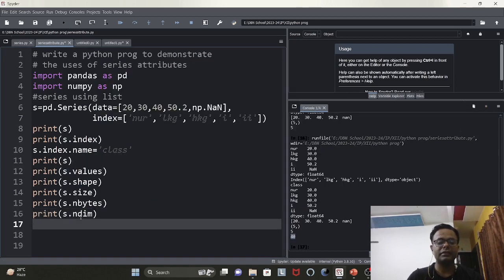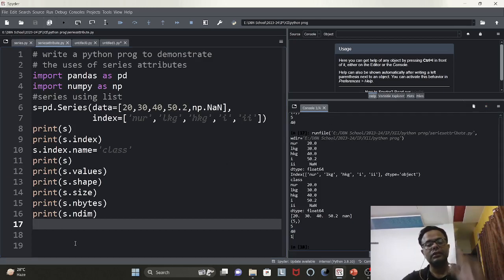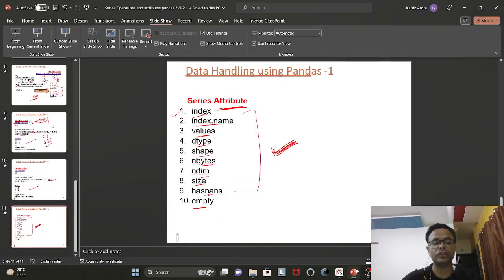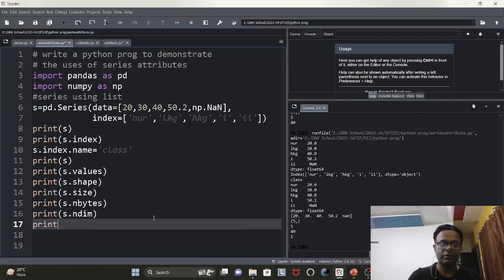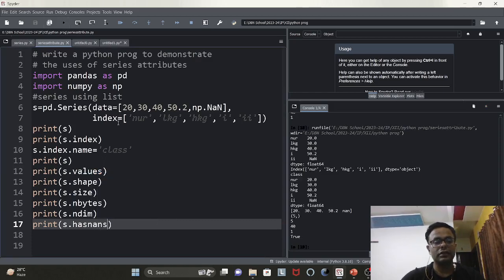इसके बाद एक होता है s डॉट एंडिम. एंडिम इज नंबर ऑफ डायमेंशन. हमें पता है सीरीज 1 डायमेंशन है तो हमेशा आंसर कितना आना है? 1 ही आना है, बिकॉज सीरीज इज वन डायमेंशनल ओनली। तो दीज ऑल आर कॉल्ड सीरीज एट्रीब्यूट्स, सीरीज के एट्रीब्यूट्स हैं जो आप यूज करने वाले हैं, राइट। एक और इंपॉर्टेंट बात, प्रिंट एस डॉट हैज नन्स, ये चेक करेगा कि आपका जो ये है सीरीज, इसमें कोई नन वैल्यू है, यस, वन में नल वैल्यू, द आंसर इज ट्रू, सी।